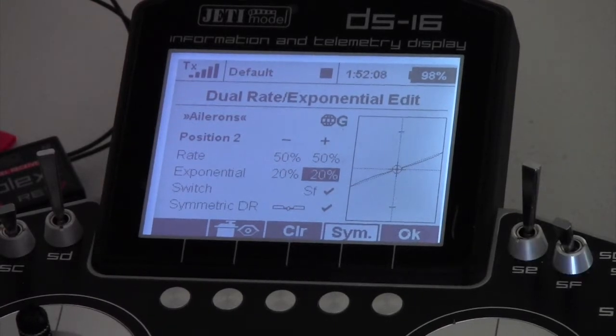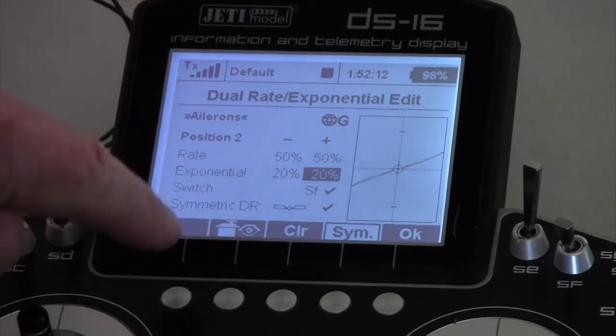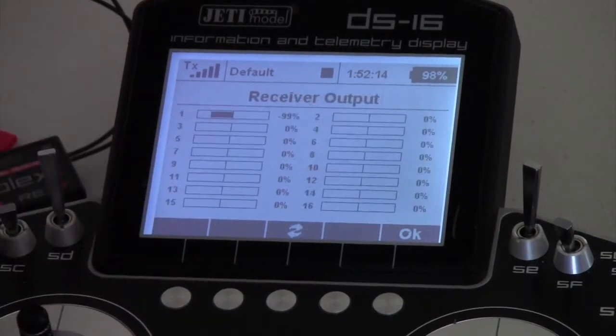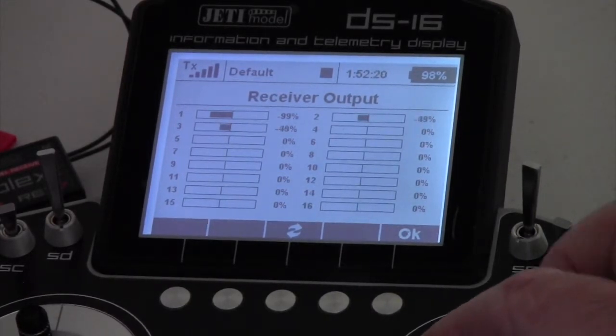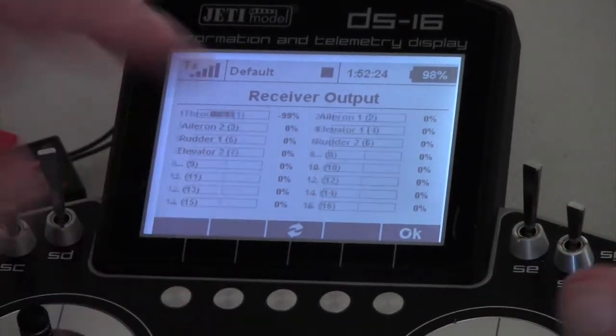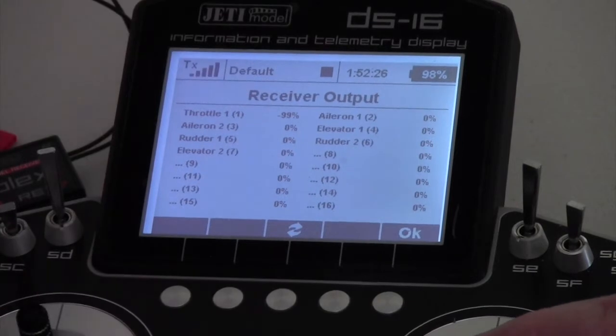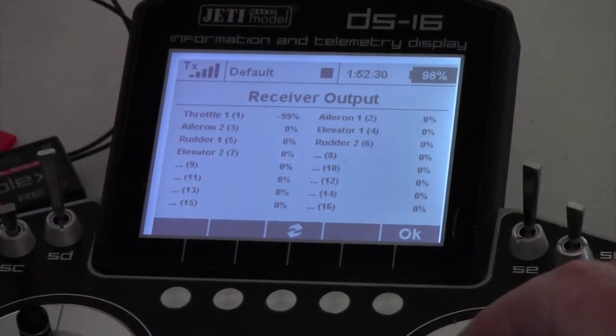And you can see the effect that will have by highlighting your servo with the little I button. So you press that button there, and now we're on our ailerons, and we can see how effective the stick's going to be in that position. Flick the switch, there's our bigger position. We can then go on to look at our percentages of throw. So there's our ailerons at 0%,